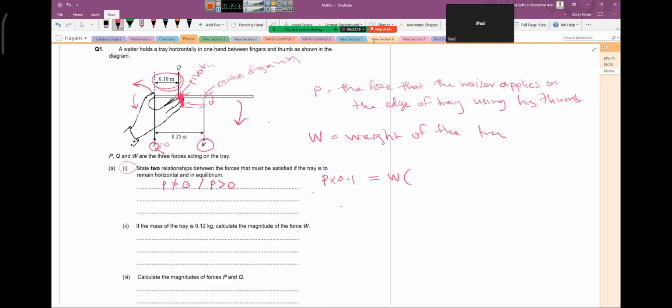It is 0.25 minus 0.1. So P into 0.1 is equal to, what is this value? 0.15 W, right? So this is the second relationship. This is the first relationship. Okay,